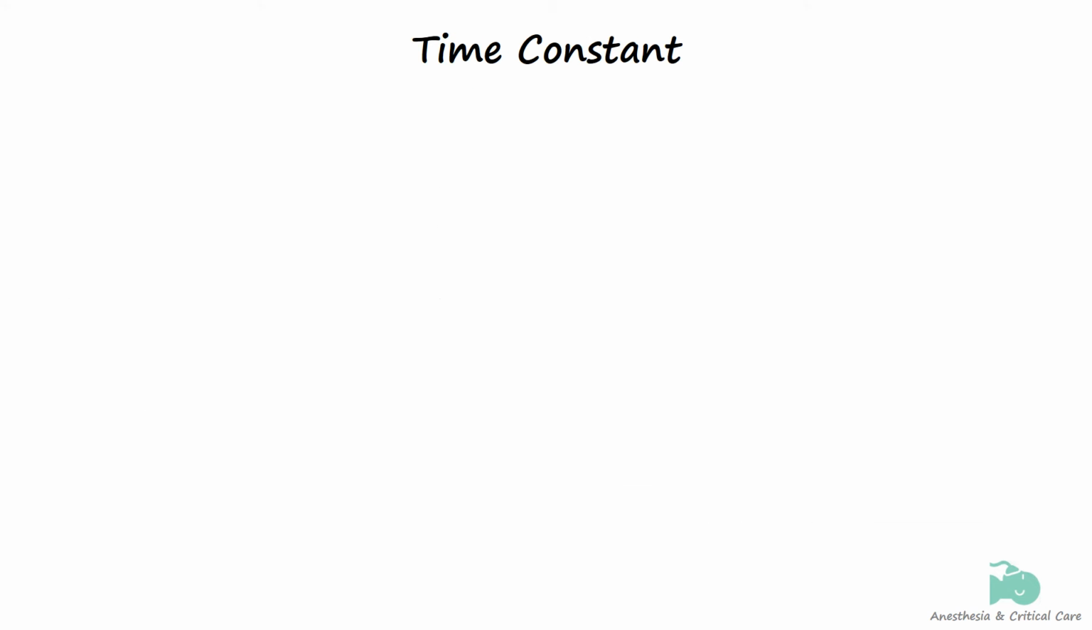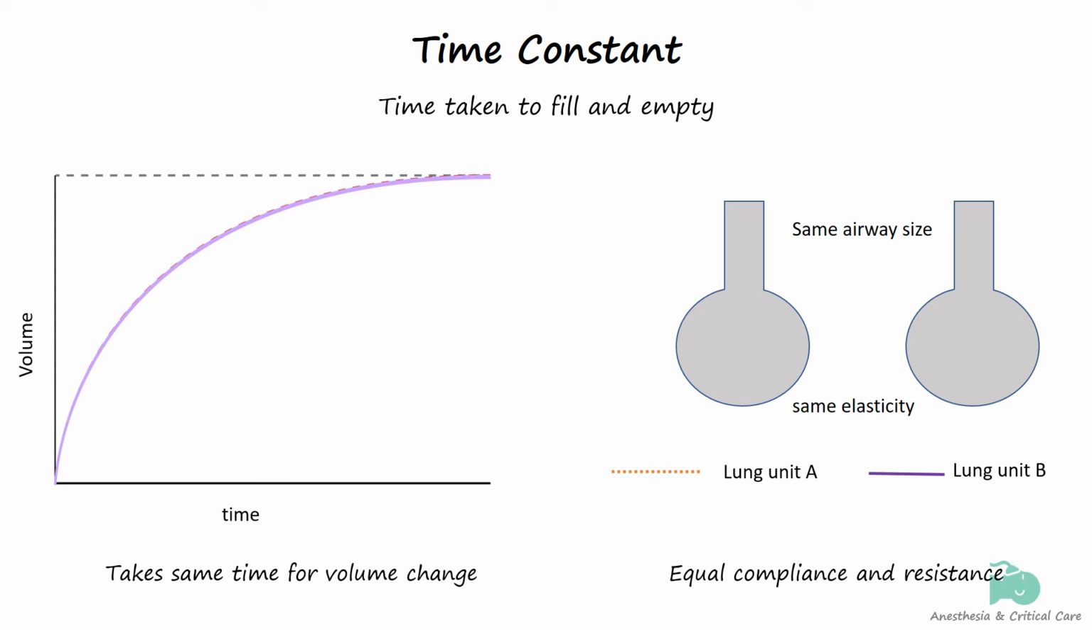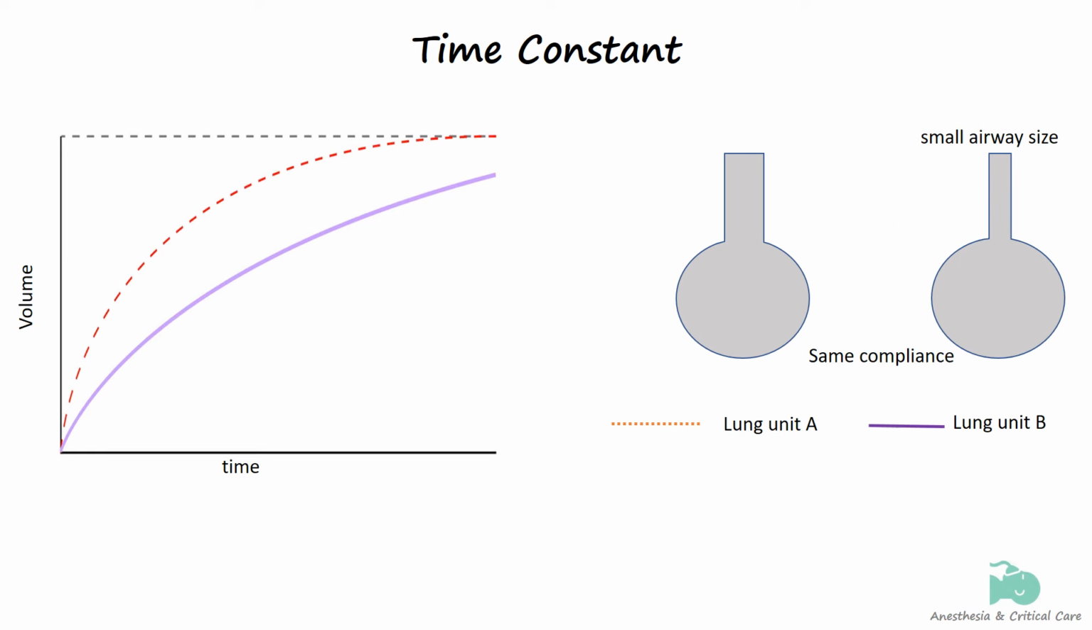The compliance and resistance that we have studied vary throughout the lung. Thus, the characteristics of lungs are heterogeneous and not homogeneous. Time constant basically describes how rapidly those heterogeneous lung units fill and empty. Let's take an example of two lung units, A and B, for comparison. In this diagram, both lung units have equal compliance and resistance, and therefore fill at equal time. In this illustration,